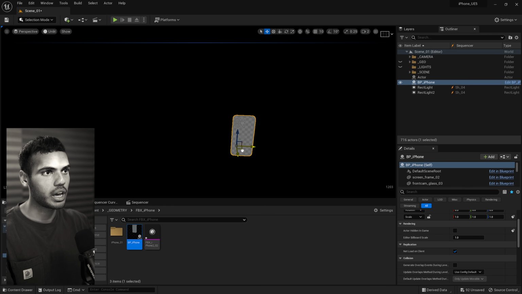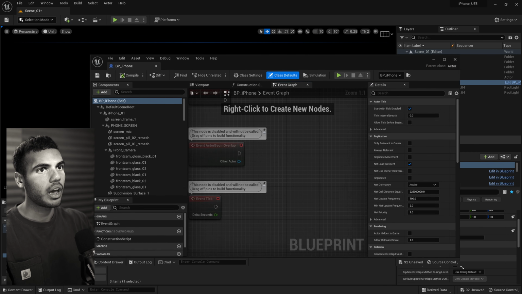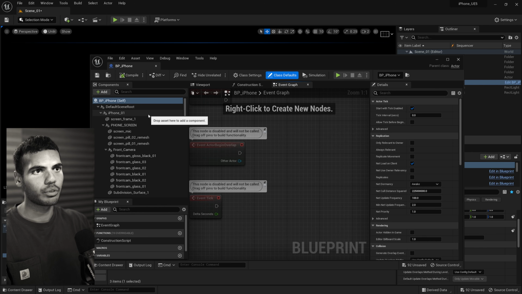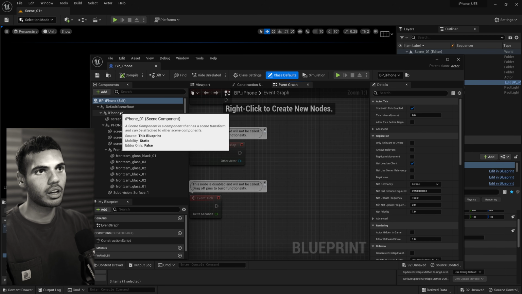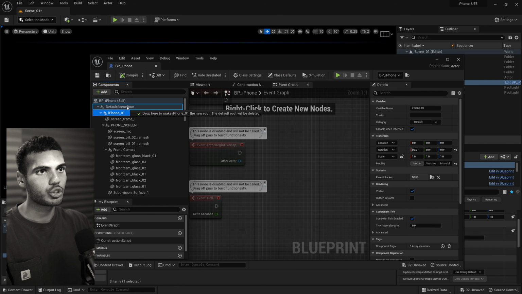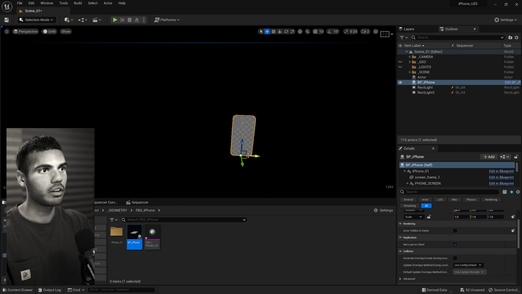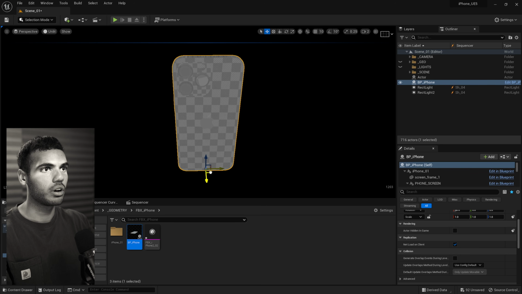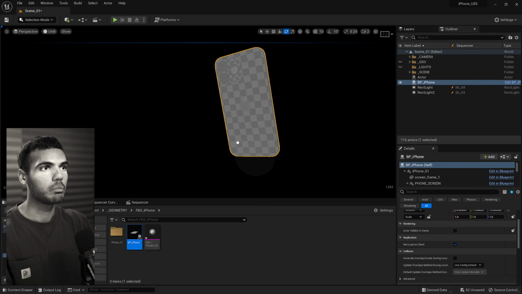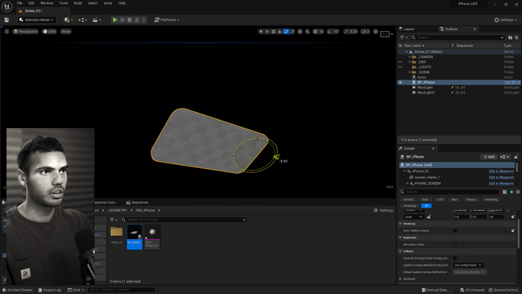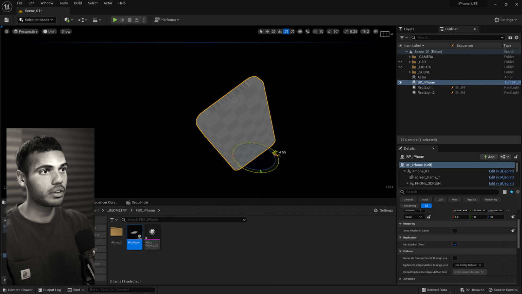I think there's a bug, yes. For some reason, there's this weird bug where I'm moving an actor, but it's not the parent of the iPhone. All you got to do is hit edit the blueprint. Let me drag it over. It's still brought in this default scene root, even though I unchecked it. I don't know if it's a 5.1 bug, but all you got to do is grab your parent null, drag it on top, delete that one, hit compile, save, exit out, and now your pivot point is where it was in your modeling software, and you can now manipulate this however you want. So that's how you fix that bug, and now everything's imported.